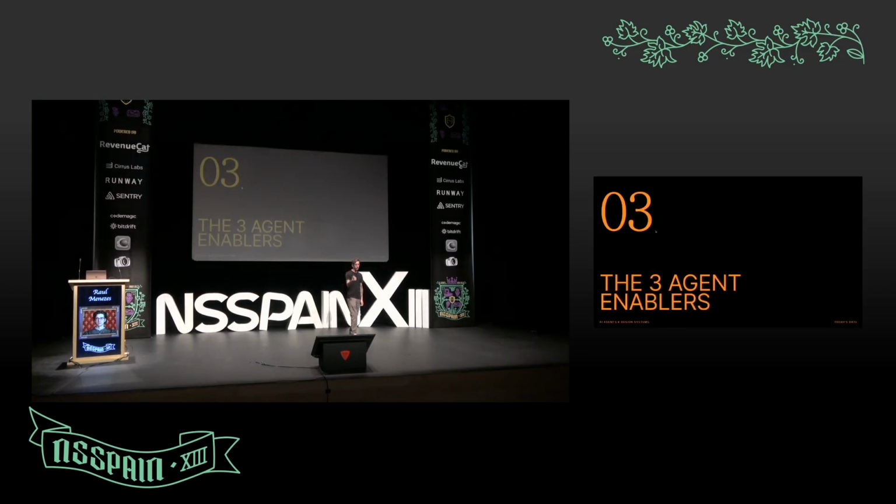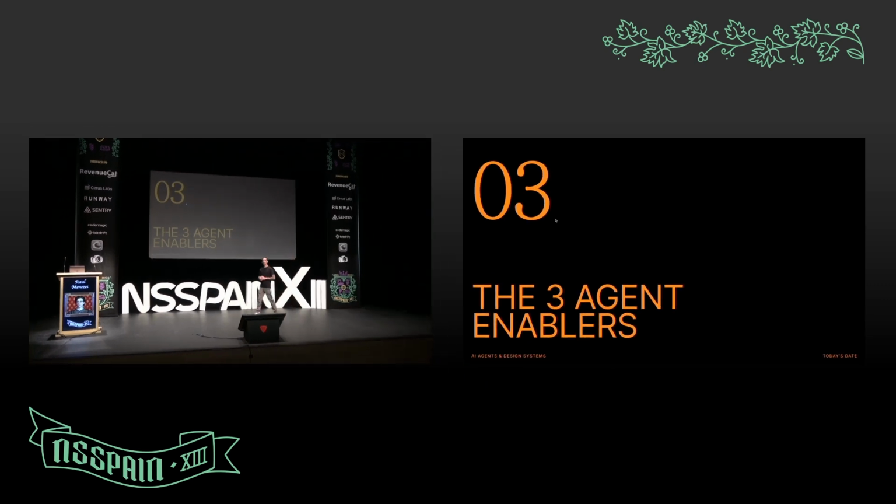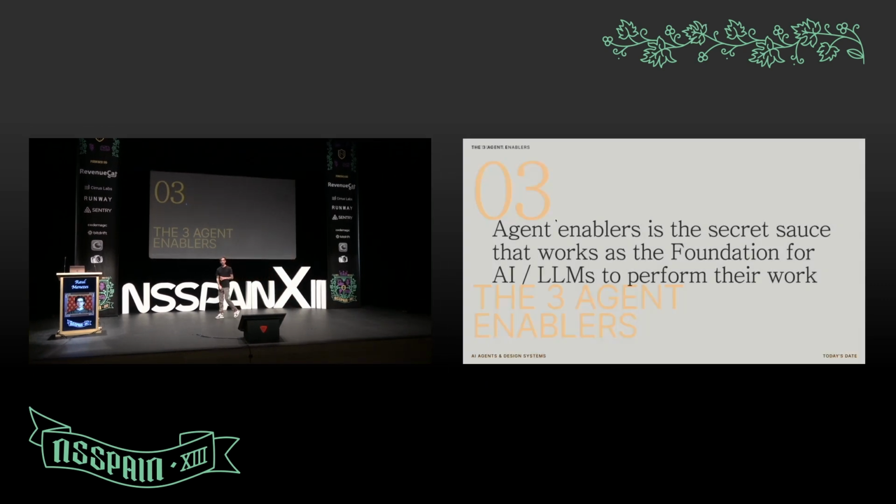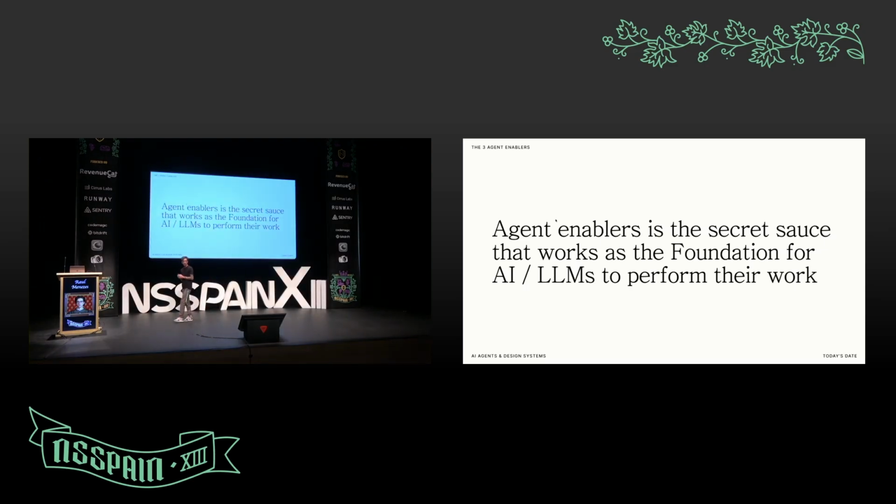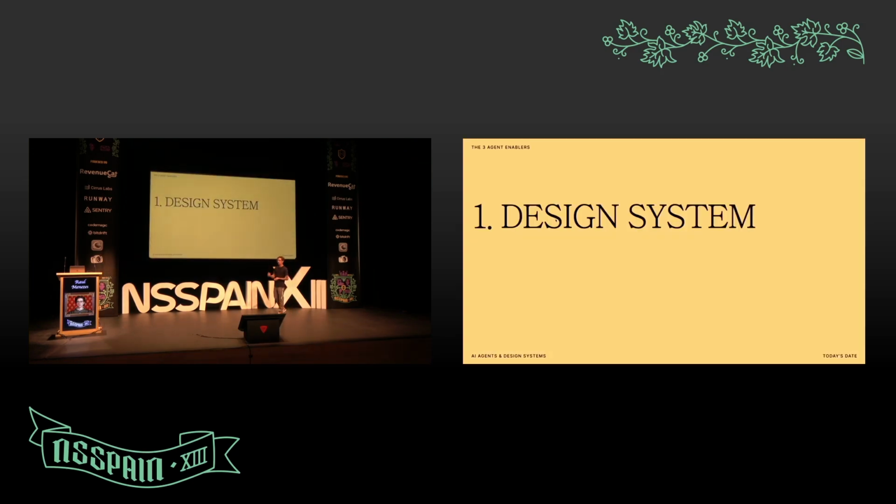To achieve everything that we want, I have a concept that I call the 3 agent enablers, which are pretty simple. Agent enablers are what I call the secret sauce that allows your agent to understand better what you want to perform with less prompting, less guesswork, less writing. The first one is the design system. The design system is the biggest part here. It's all your UI elements that fit the context,